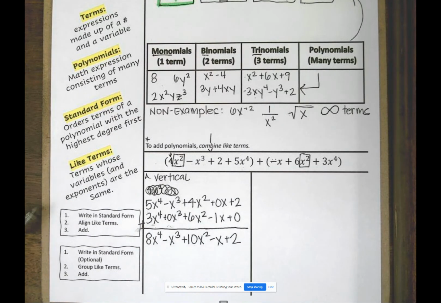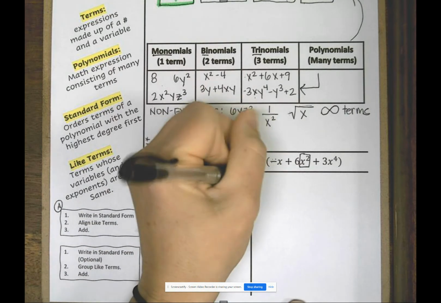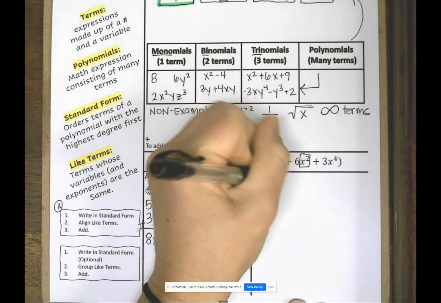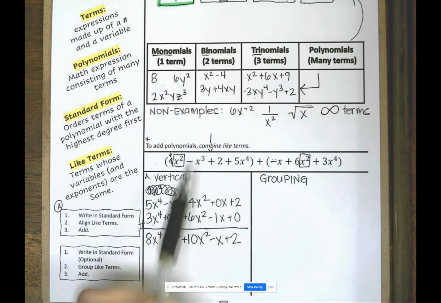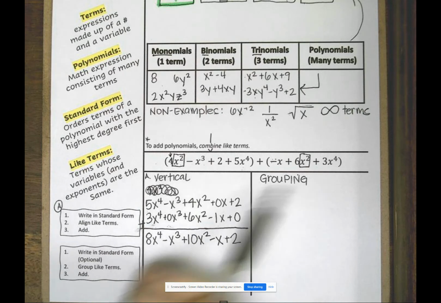So that's vertically how you would solve it. And I put the instructions here, kind of the step-by-step of what you would do for that. The other way, which I have just called grouping, some people call it horizontal, one's vertical, one's horizontal, is that you are going to visibly look to see which like terms you have, and you are going to group them